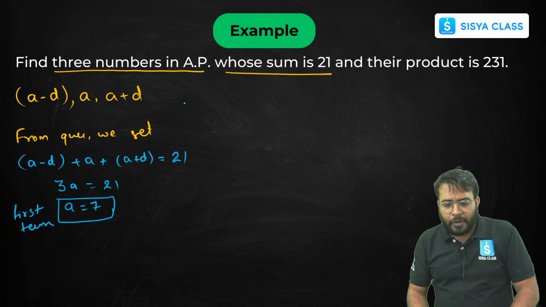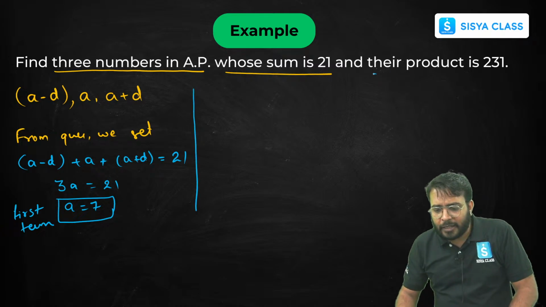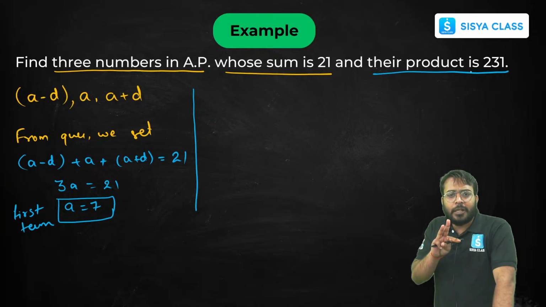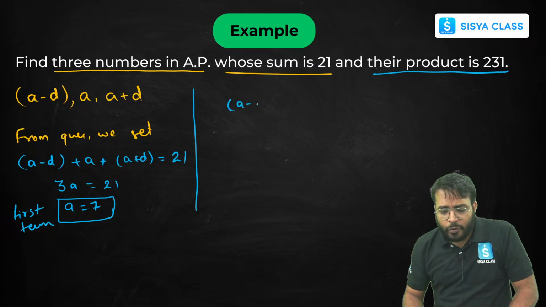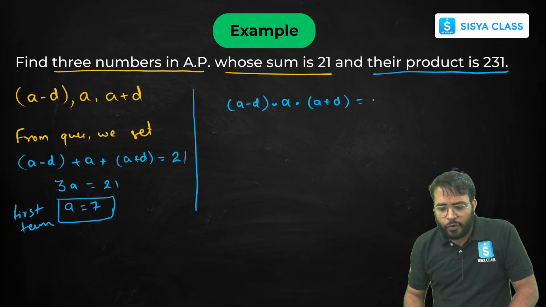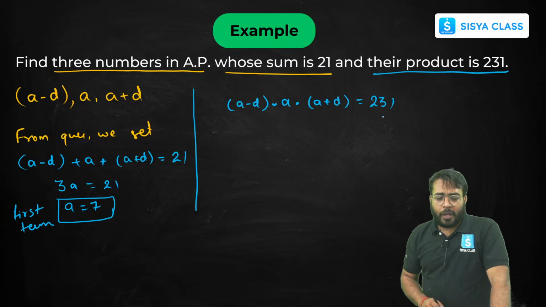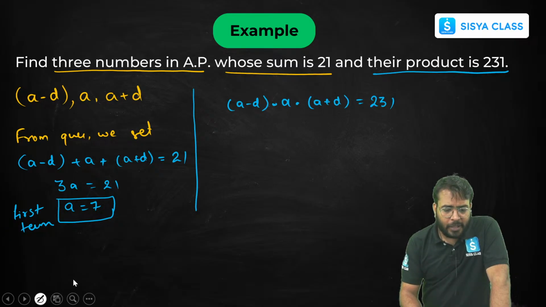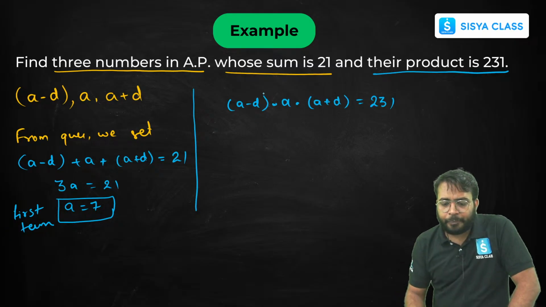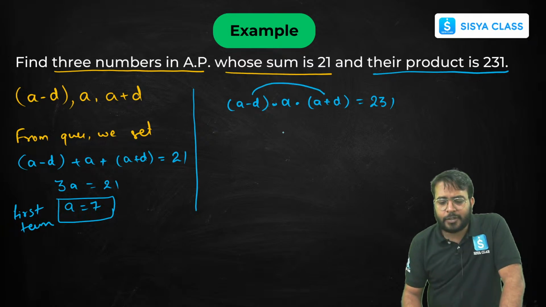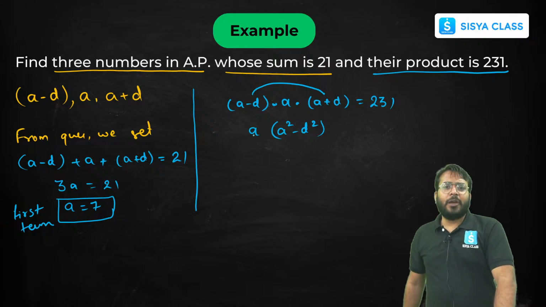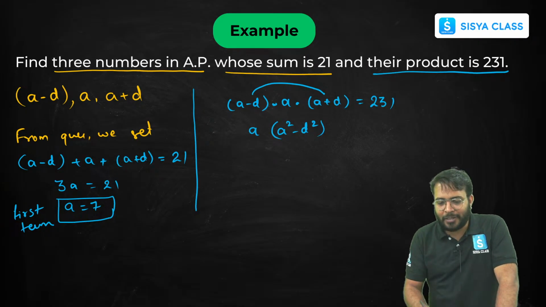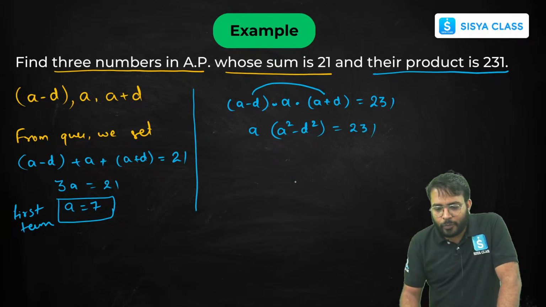अब दूसरे स्टेटमेंट पे आते हैं बेटा। दूसरा स्टेटमेंट कहता क्या है बेटा, their product is 231। ये जो तीन नंबर्स आपने अज्यूम किया ना, इनका प्रोडक्ट क्या है बेटा, 231 है। That means they are saying that whenever you are going to multiply a minus d into a plus d, you are going to get beta 231। ओके, अच्छा मल्टीप्लाई करके देखते हैं, ठीक है। ओके सर, let us multiply beta. If you multiply a minus d and a plus d, it is going to be a square minus d square. ये वाला फॉर्मूला पता है कि नहीं, आइडेंटिटी, राइट। a plus b into a minus b is going to be a square minus b square, the same thing, all right।